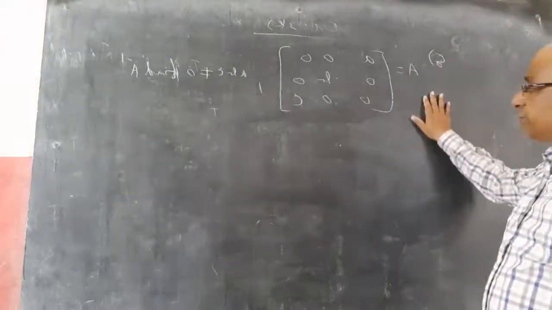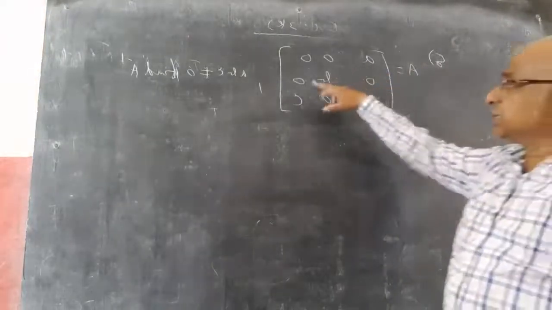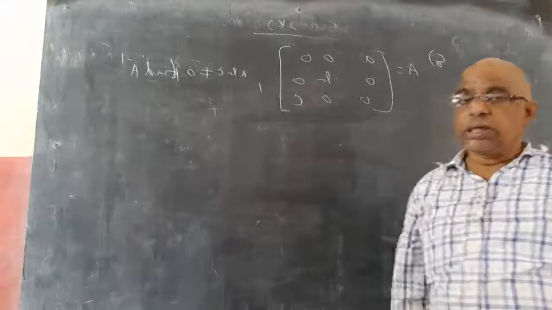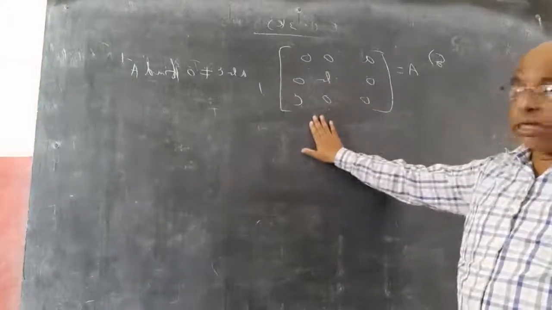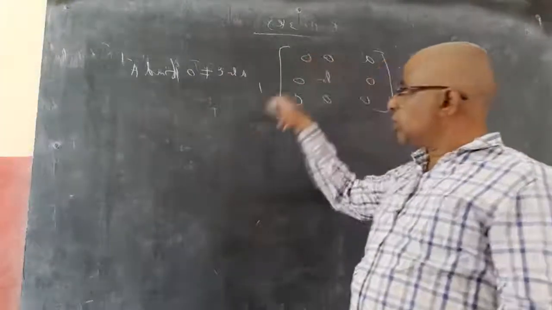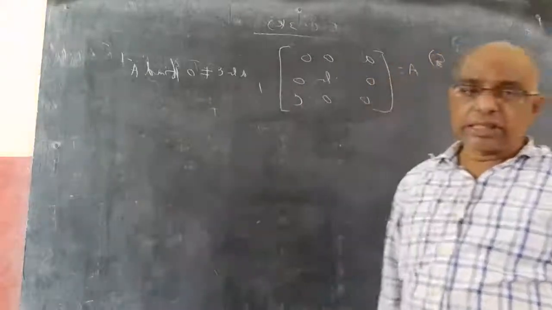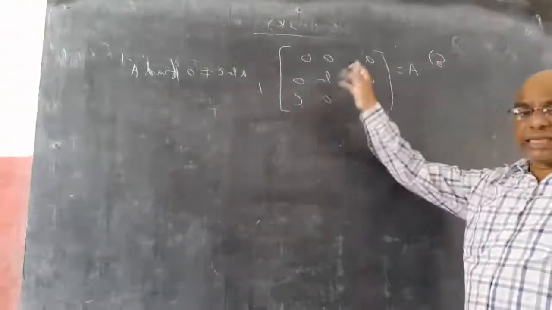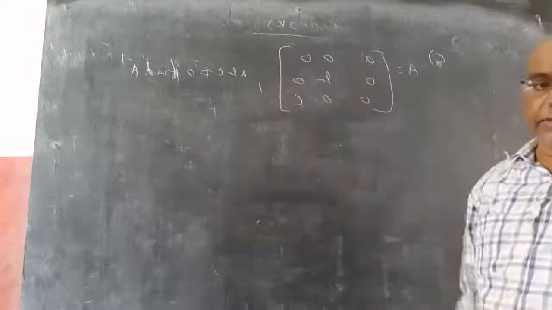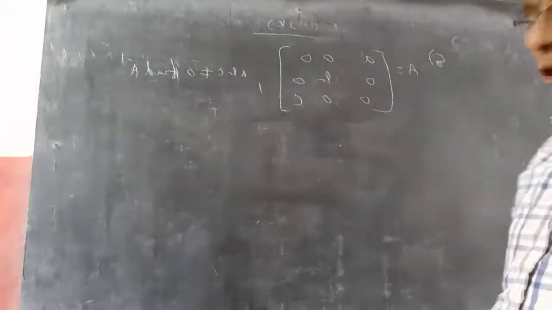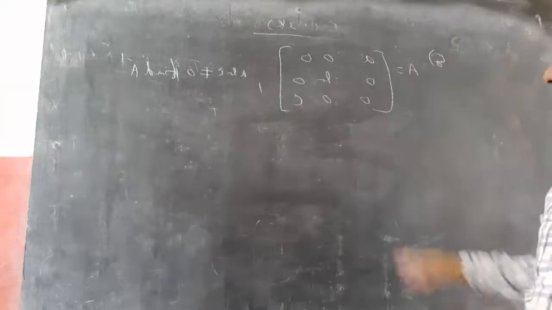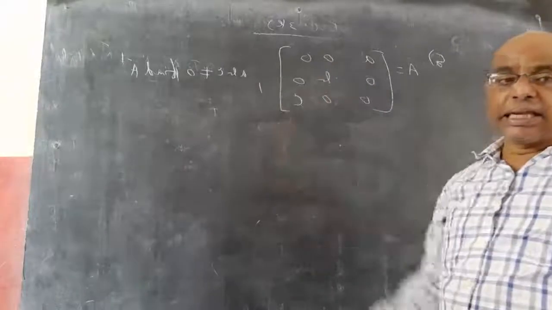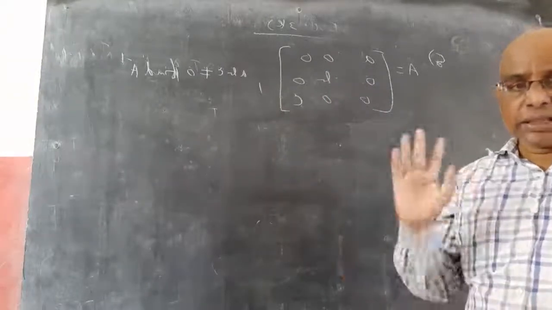Now he is giving you a sum. A equal to the matrix with A, 0, 0, 0, B, 0, 0, 0, C. Means it is a diagonal matrix. And ABC not equal to 0, then find A inverse is asked. This is ABC diagonal matrix. 3 different elements we are taking, ABC, maybe they could be the same elements. But ABC, it is a 3 by 3 diagonal matrix.